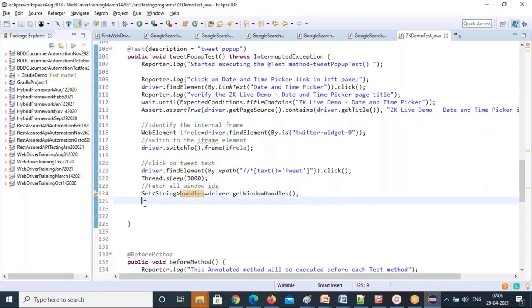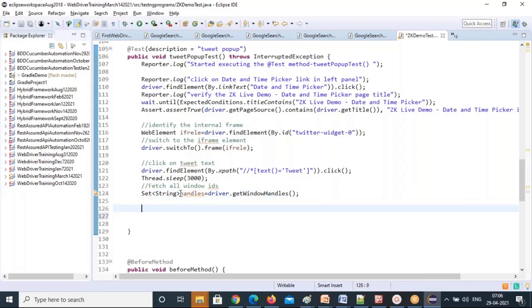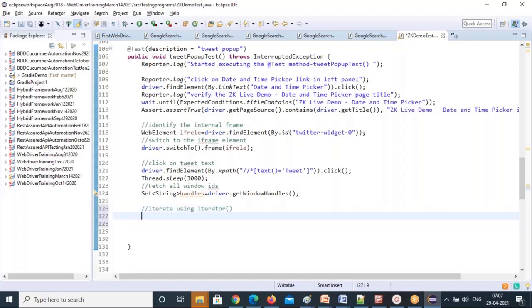Next, I got all the window IDs here, parent and child window IDs. First I'll iterate using the iterator method. A collection you can iterate with the iterator method, right? Otherwise, you can convert this set into a list collection, then get based on the index. That is also another option.